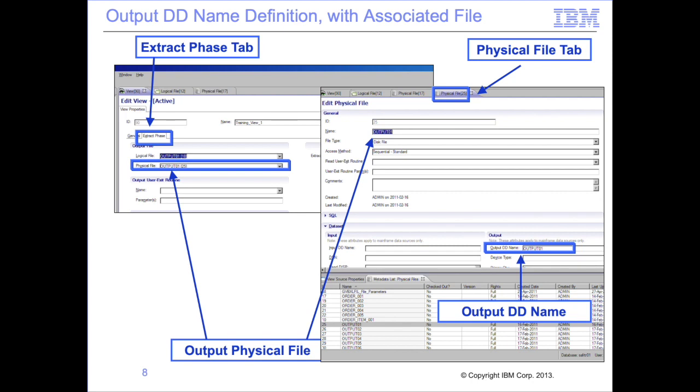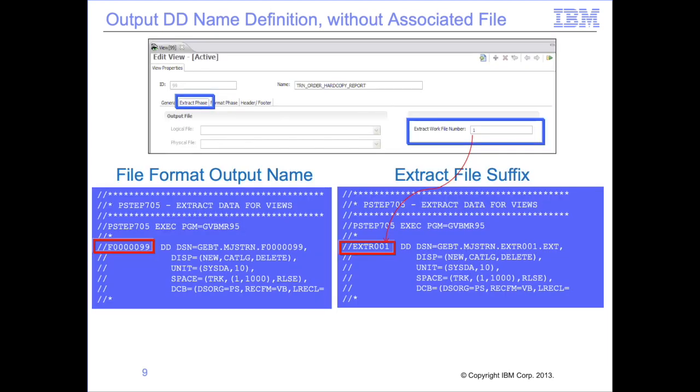If we find the DD name of the physical file output01 by selecting physical files from the navigator pane, opening the output01 physical file shows the output DD name is also output01. If the physical file value is blank, a new DD name will be generated at runtime. The most common generated name is the letter F followed by the last 7 digits of the view number, using